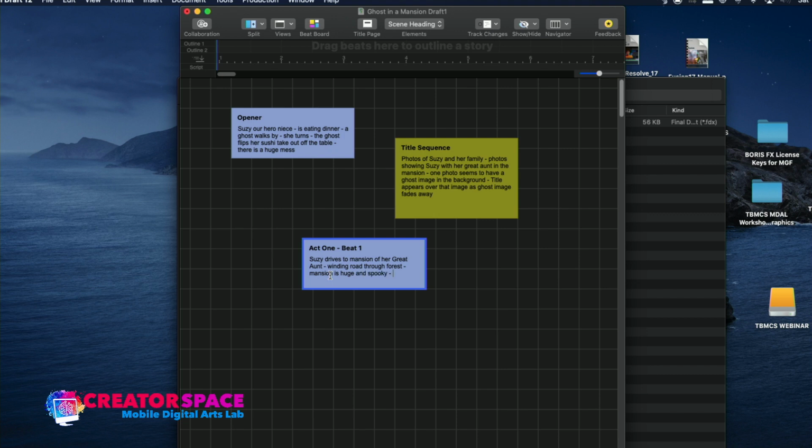Just some ideas. Again, just flowing, spooky. Susie enters as cold wind hits her face. Okay, so maybe that's like my first